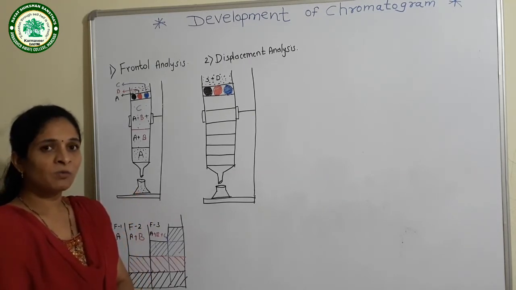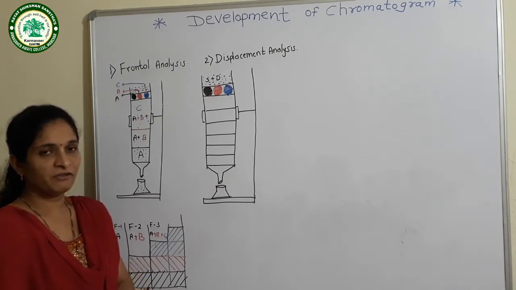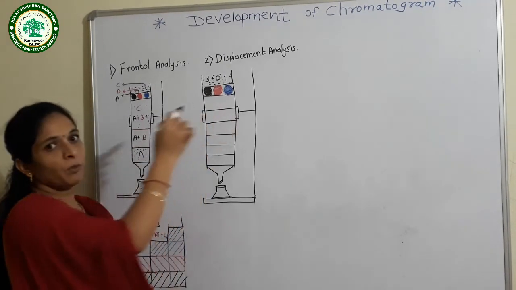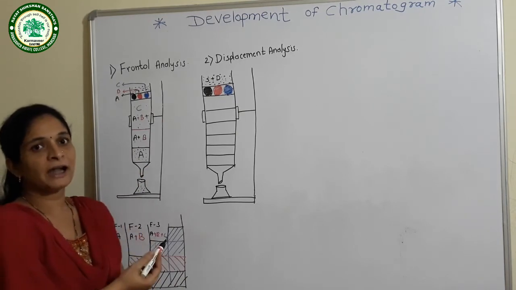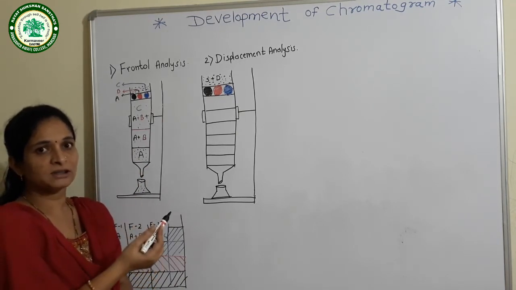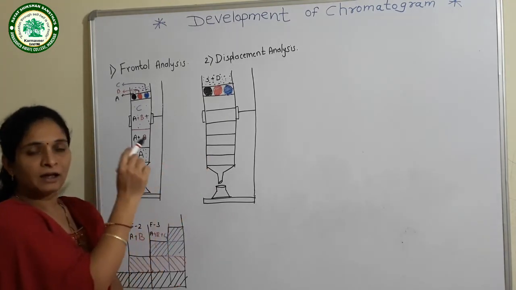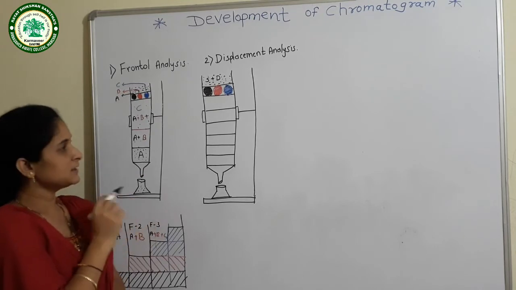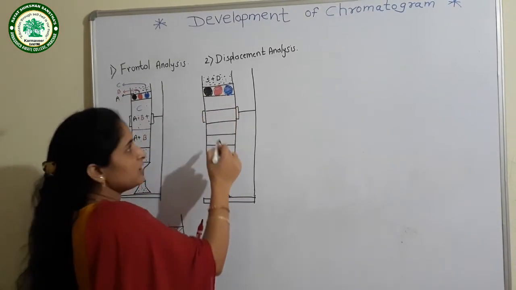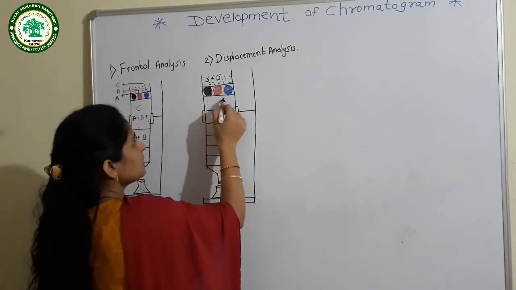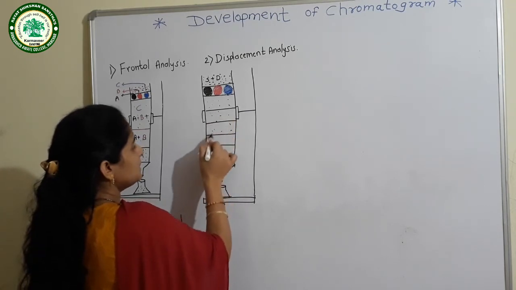High affinity means what? These displacing agents form a stronger bond with the stationary phase than the other components which are present in our mixture. That displaces the component which got adsorbed on the stationary phase, and they take the place of that component, and that component can be eluted easily. Now see how those components are eluted. When this mobile phase is run over the stationary phase, then the components are separated like this.